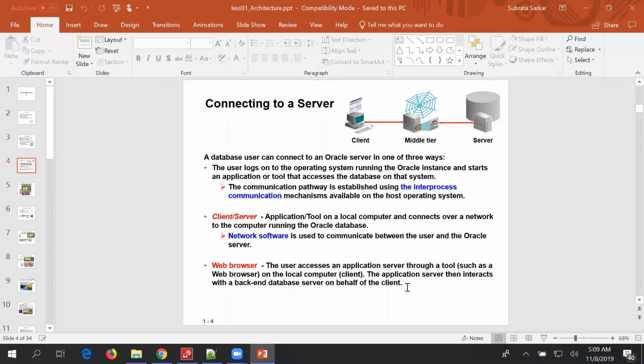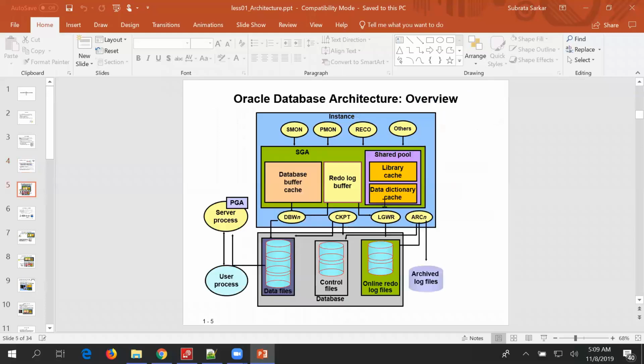So through network software, the client connects to the server. And the other is a web browser where the user is running an application. The application internally will be connecting to the database, maybe through JDBC or some other database drivers.